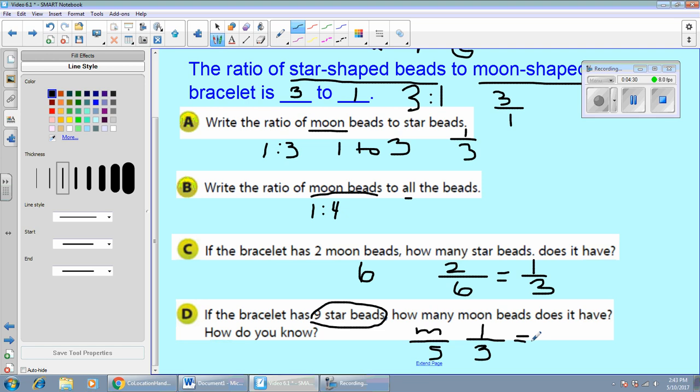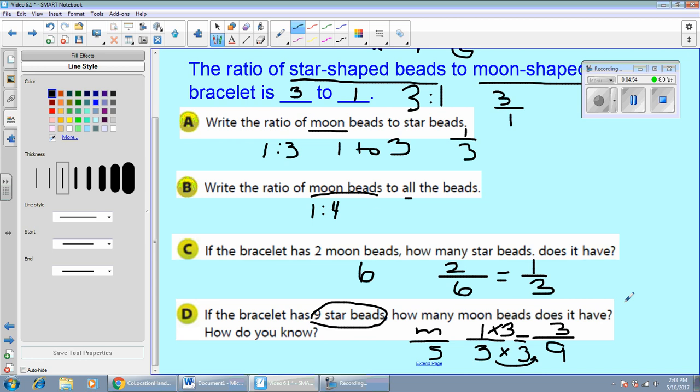So if I wanted to make this equivalent, I could say, well, what out of 9 is equal to 1 moon for every 3 stars? Well, I'm basically having 3 times as many star beads. So if I have 3 times as many star beads, I'm going to have 3 times as many moon beads. So I will have 3 moons for every